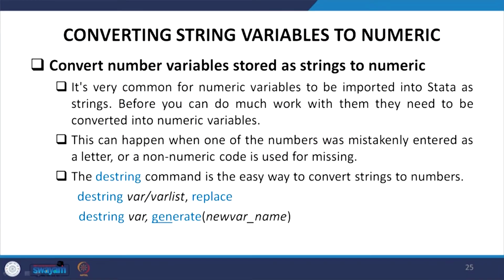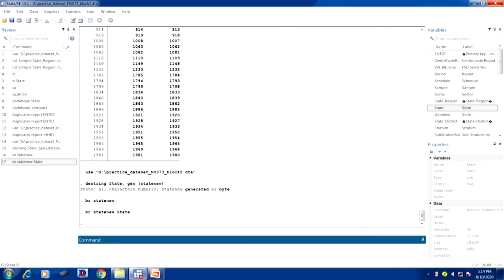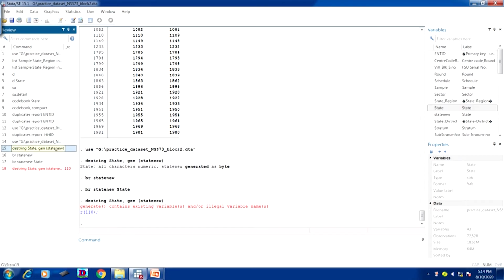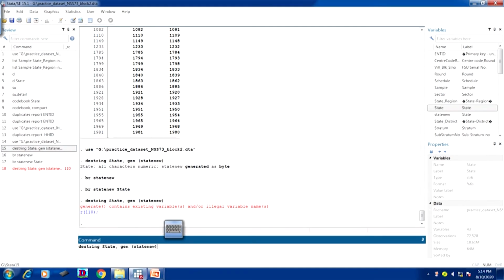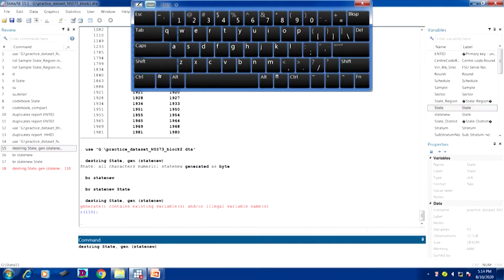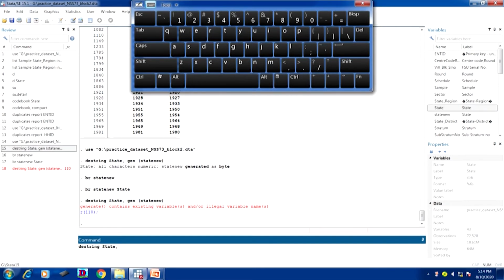Let me move on further. Now, for your clarity, if I do the same command destring, now that it is already defined, I am just going to say replace. Instead of generating a new one, if I just replace it, it will convert.